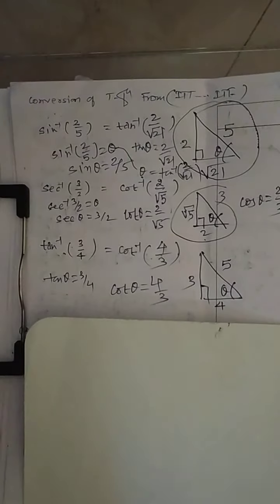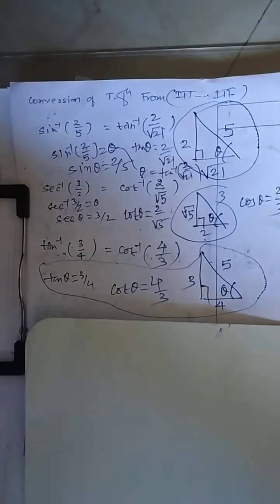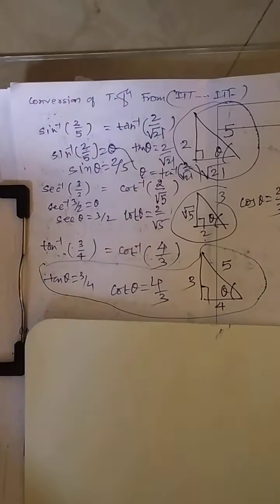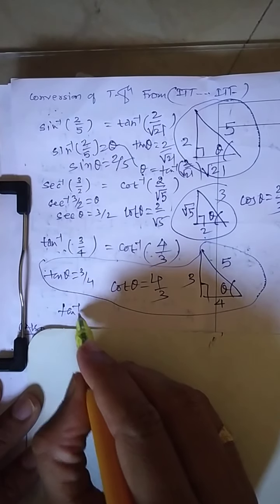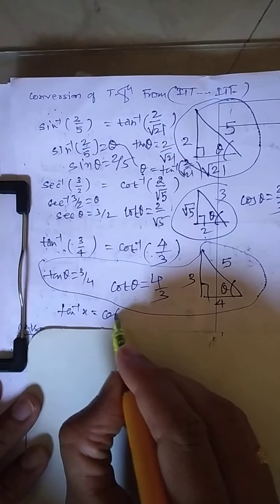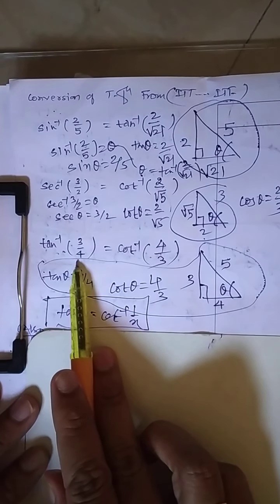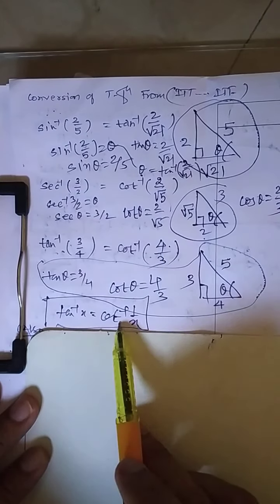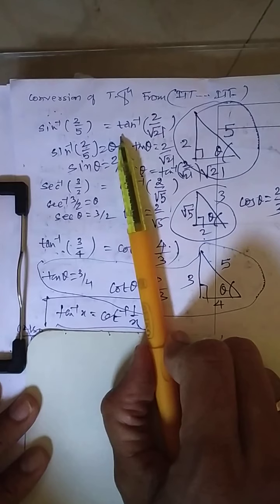Now I am sharing one more fact. There was no need to use this fact while calculating this. You may be asking why I am saying this. The reason is that we have learned one more remark: tan inverse of x is equal to cot inverse of 1 by x. So you can use this remark and answer the question also. Look here. Tan inverse of 3 by 4 is nothing but cot inverse of the reciprocal of that. But why did we not do this in the previous case? Because there the relation was between sine and tan.